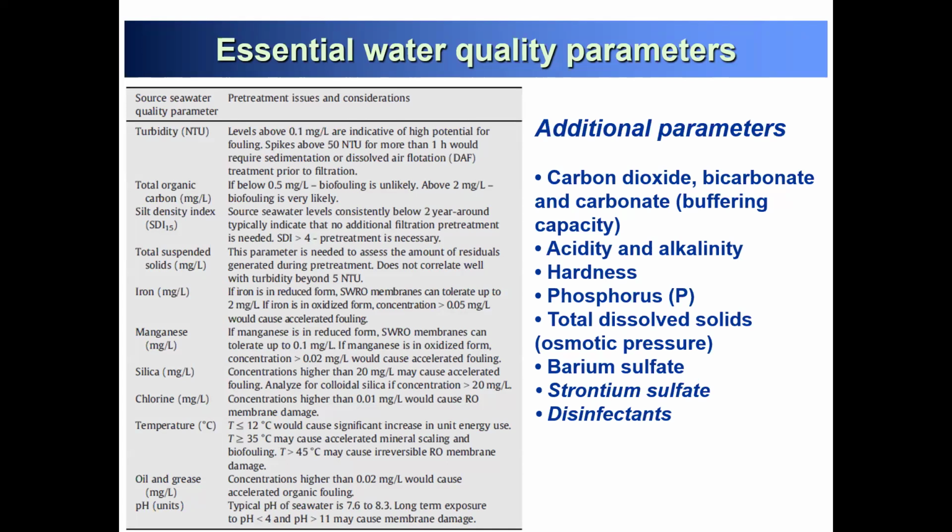Which means the osmotic pressure of your concentrated salt is around 60 bar. So you apply 60 bar, the double concentrate has the same osmotic pressure, and then you will achieve 50% of